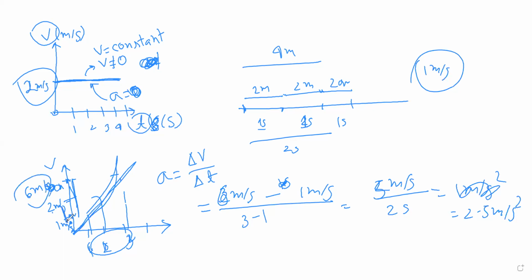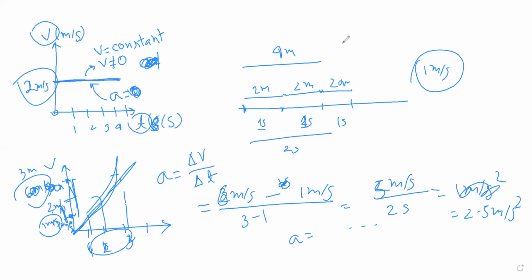But in the first second, the increment was only 1 meter per second, from 1 to 2, while from 2 to 3 we can see 3 increasing. So that is not uniformly increasing. In that case our acceleration will have some value, but when it was 3, our acceleration was constant acceleration,